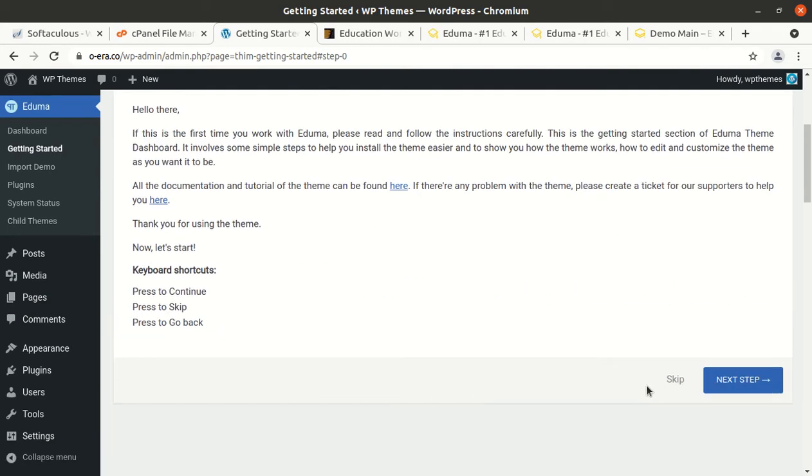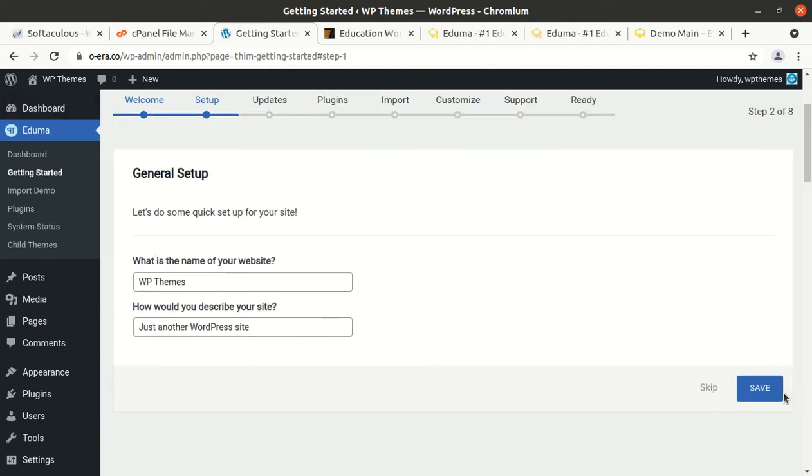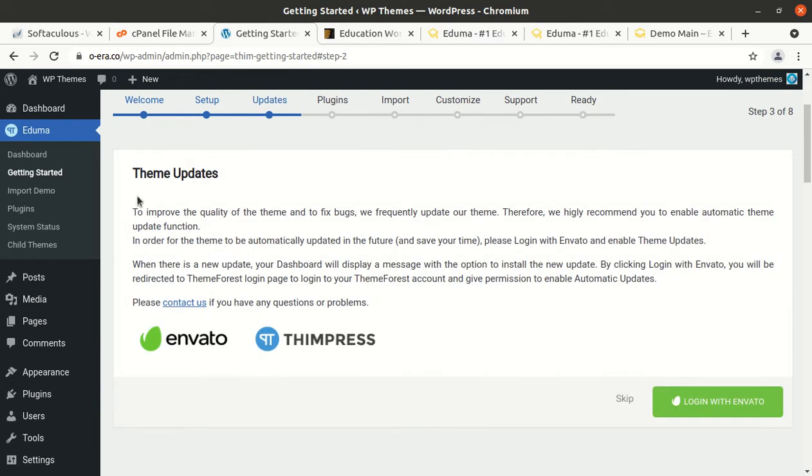Let us proceed to the next step, and it is asking for basic credentials. We can save it, and now it is saying that we should log in with Envato, but we can skip this step.